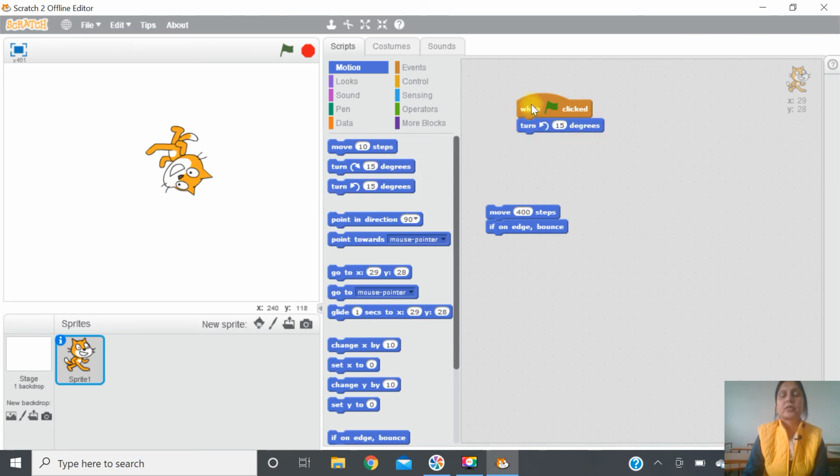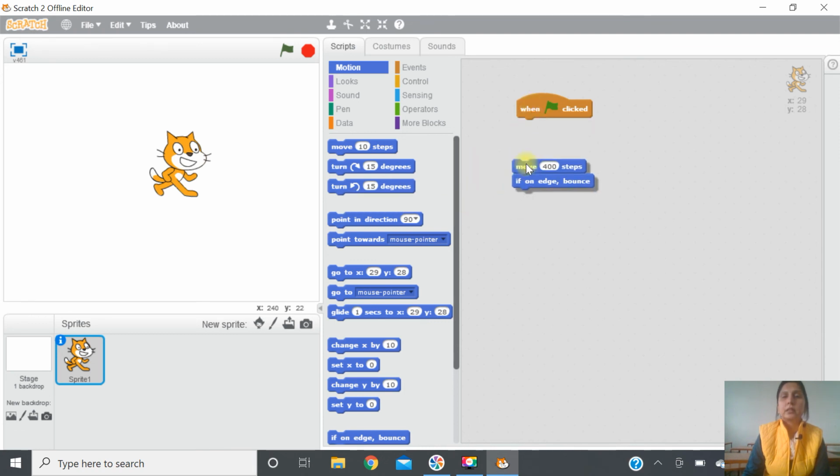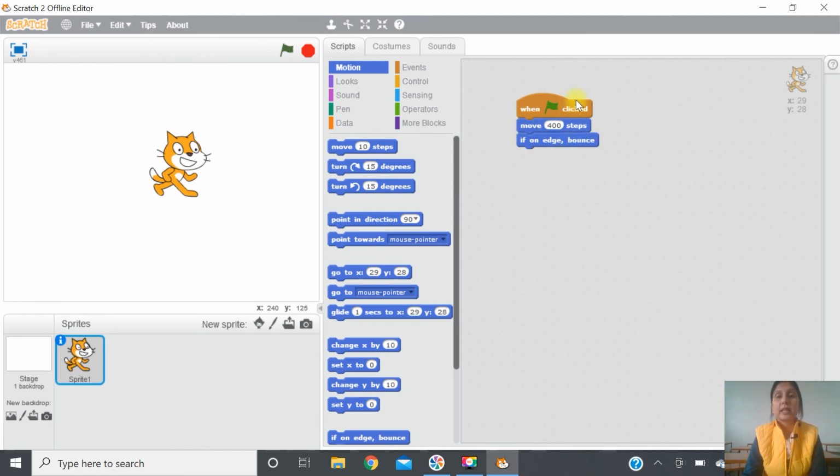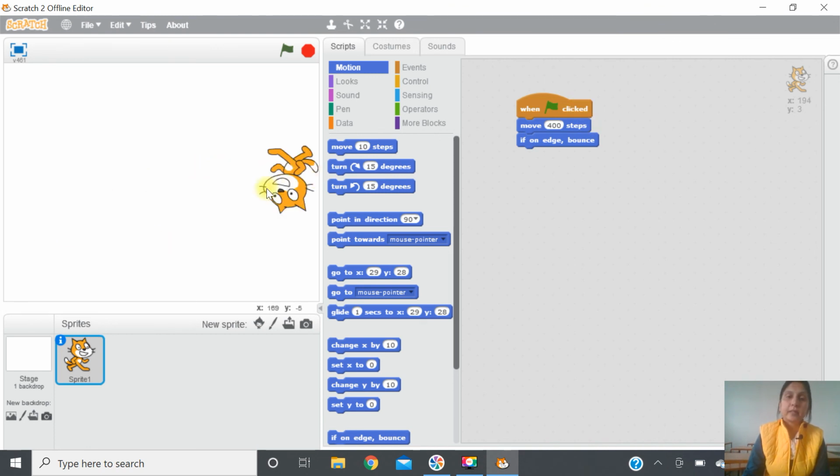First we will make it straight, then it will be more clear. Fine. Now it is straight. Now if I make it move 400 steps, let's see whether it goes beyond the edges or not. No, it bounced and changed the direction. Again when I click, it bounced and changed the direction.